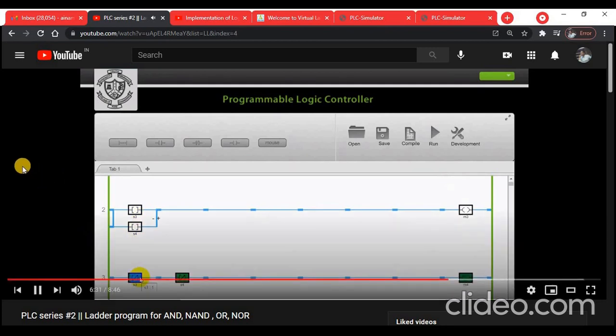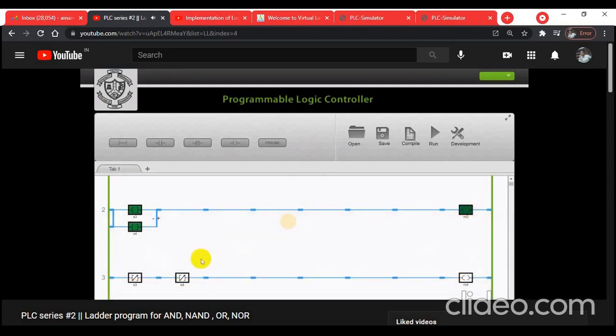Now, as per the NOR logic, if you provide a toggle, if any input toggles, check here, the NOR logic output becomes 0, low. Immediately OR logic output becomes high. If NOR logic is 0, OR logic will be 1, and vice versa. As per the logic, even if you provide another toggle, same response.